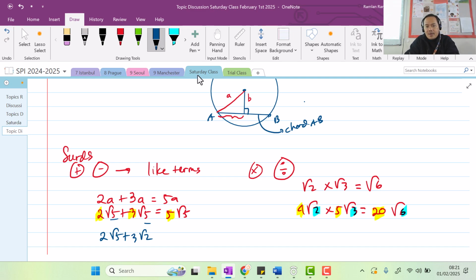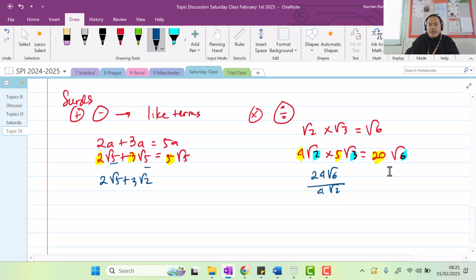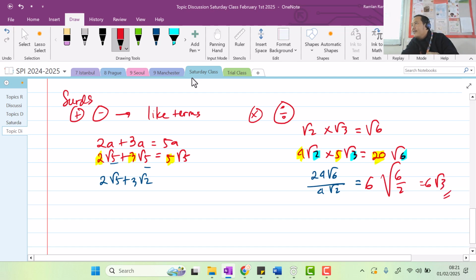For example, if I have, berapa ya? Let's say 24 square root of 6 divided by, let's say, 4 square root of 2, for example. Okay, so this one here, the ones that you can divide, 24 and 4, you can divide this. What do you get? It's just 6, right? 24 divided by 4 is 6. And then this guy is also the same because both of them are inside a surd, so you can combine them. What is the square root of 6 divided by square root of 2? It's the same thing as square root of 6 divided by 2, which is, there we go. Right? Pretty easy. Okay? Next.